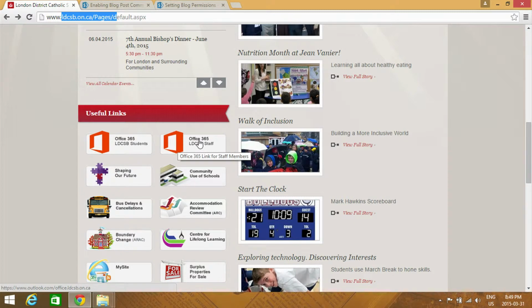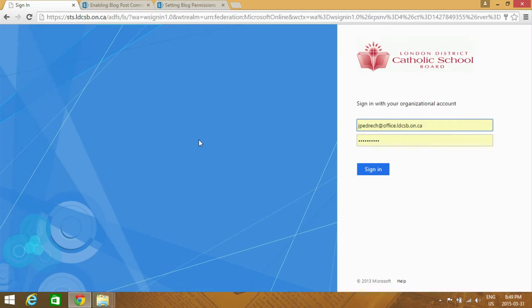Now, you're going to type in your email, which is your student number at Office 365.ldcsb.on.ca, and then you're going to add your password, which is the same password you use to access any board computer. You'll sign in,